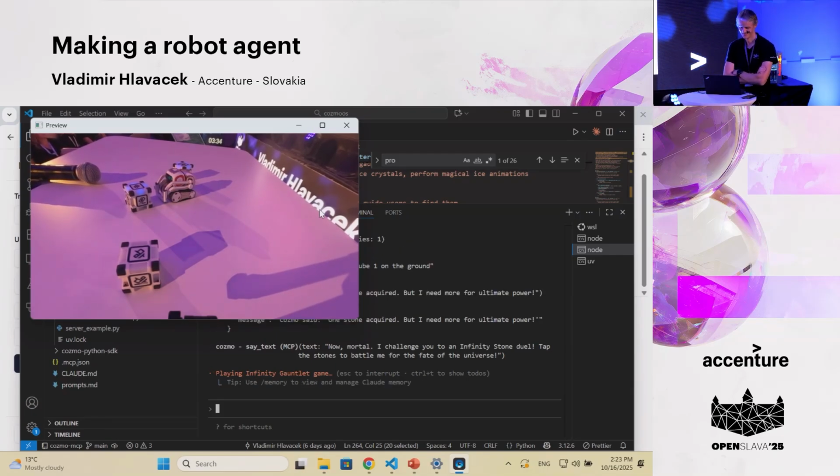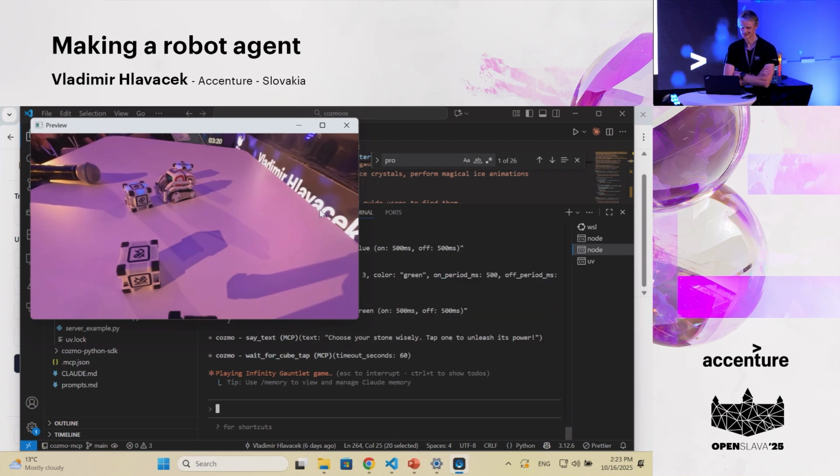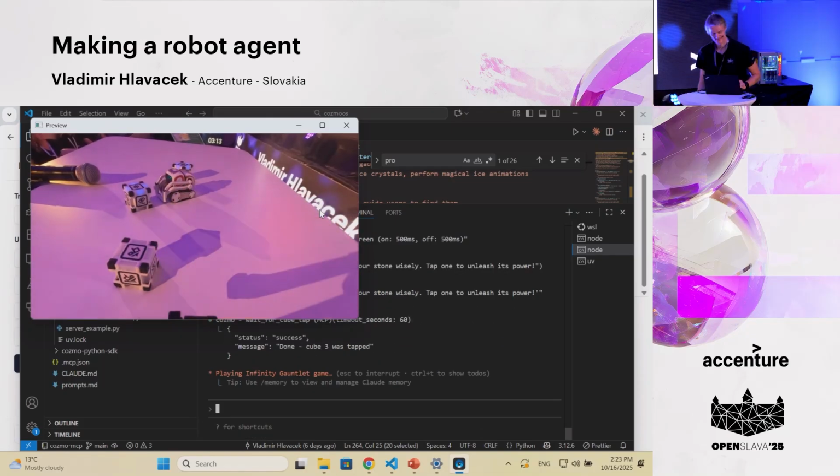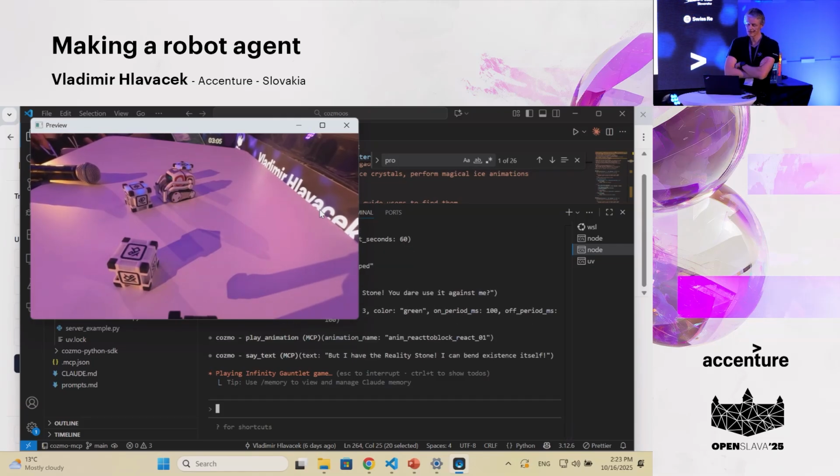Yeah, I need to tap a stone. I mean, all the games are kind of tapping and so on, and that depends on what I give him. So now I can pick a stone, right? And here we go, tap the cube. This is actually a nice scenario because almost everything is working, but